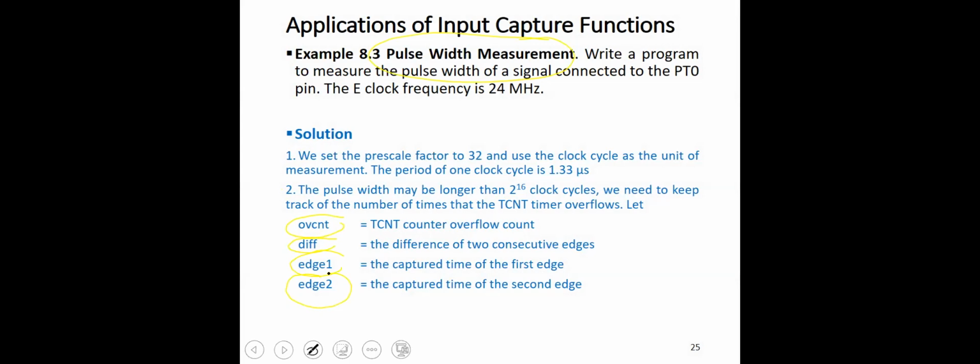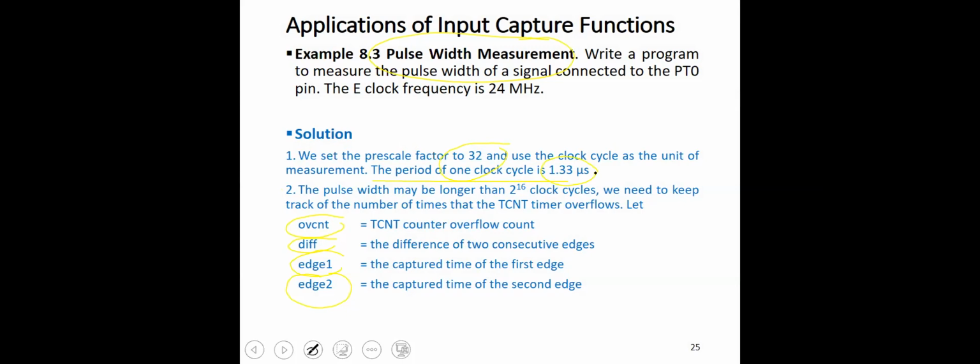To have the time in seconds, we need to multiply by the cycle time, which is 1 over the frequency multiplied by the prescaler. So in this example, the setup was done such that the prescaler is 32, which means that the cycle time for the timer is 1.3 microsecond, which means every increment for the timer is 1.3